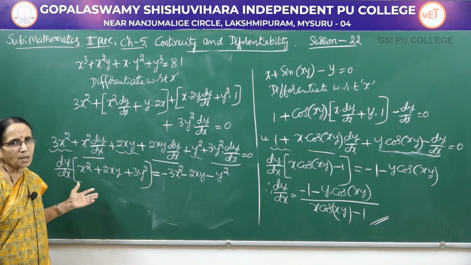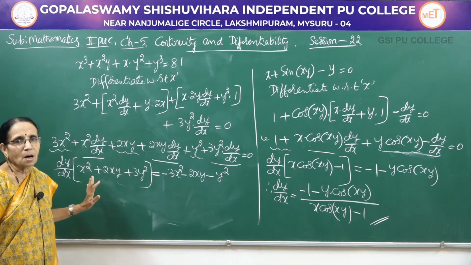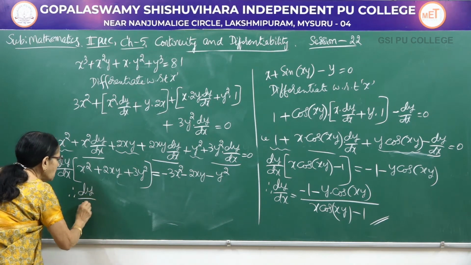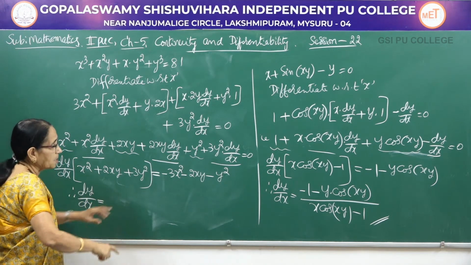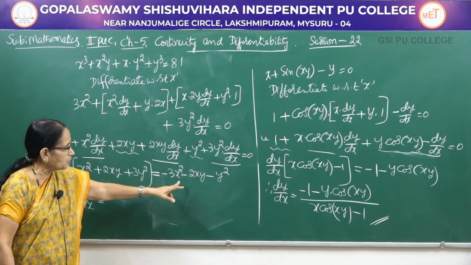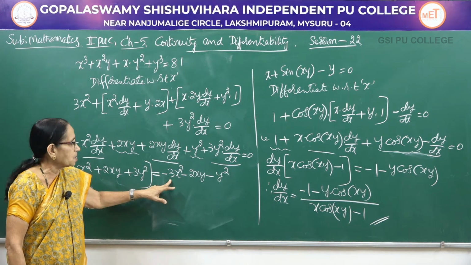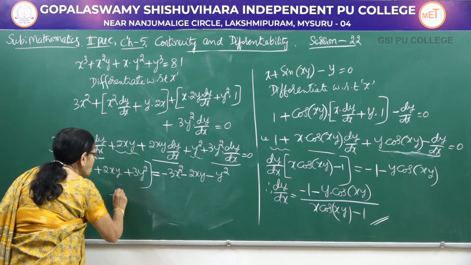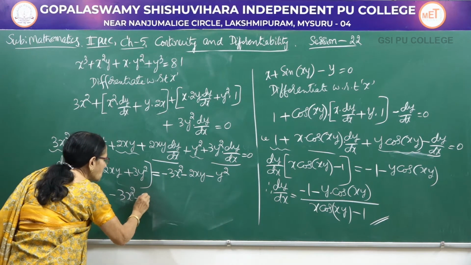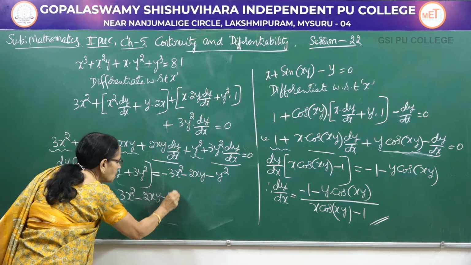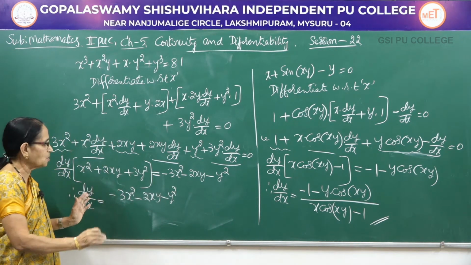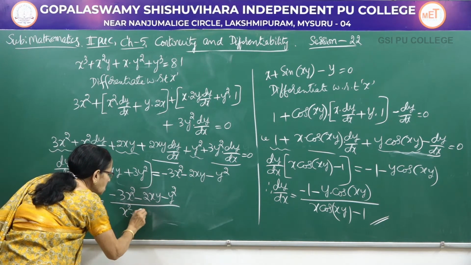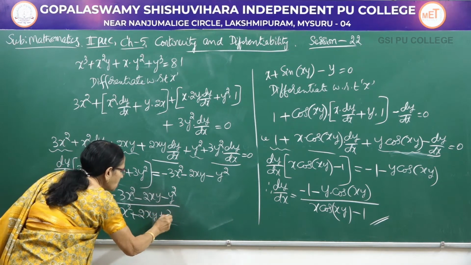Now you cannot do any simplification here because we do not have any common factor, isn't it? So just write, therefore you can write dy by dx would be equal to, again, as in the previous problem, I told you, if you want you can take out the minus sign as common factor, or you can keep all the terms negative as they are. It doesn't make any difference. Now, minus 3x square minus 2xy minus y square. If you take out the minus sign, the presentation will be neat, that's all. Divided by x square plus 2xy plus 3y square.